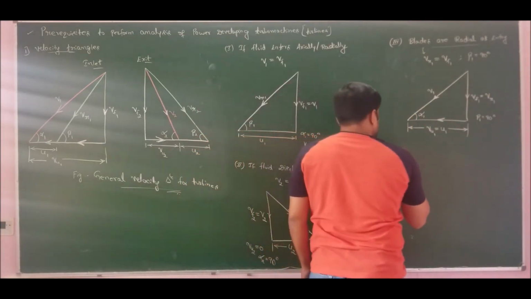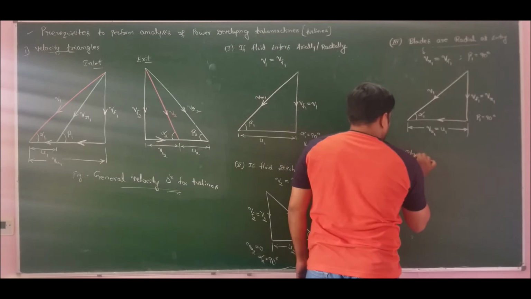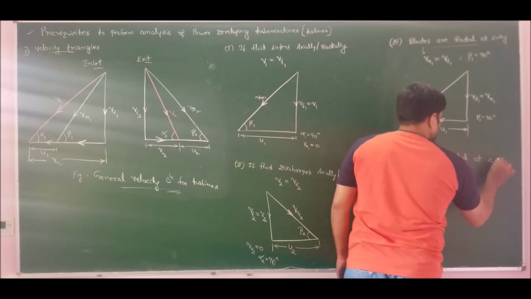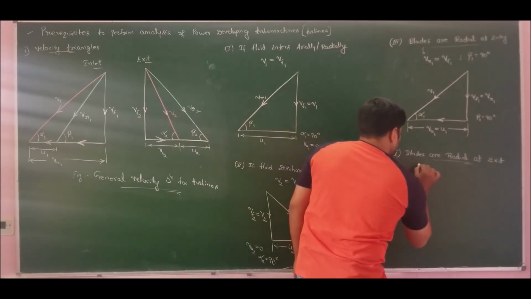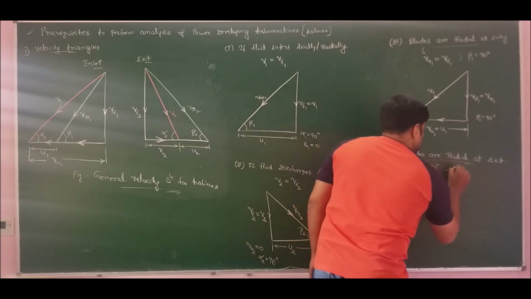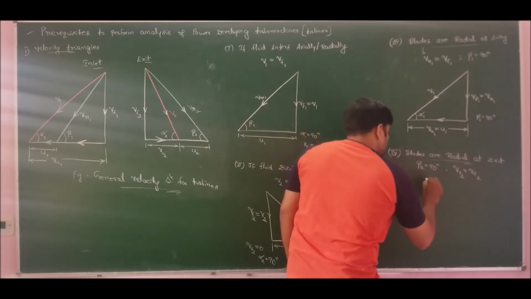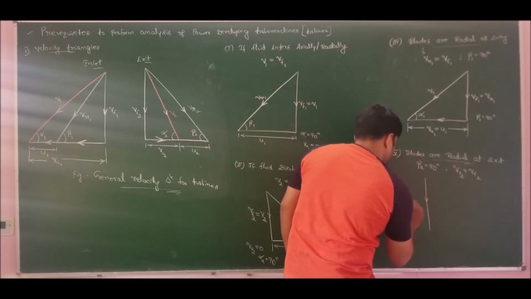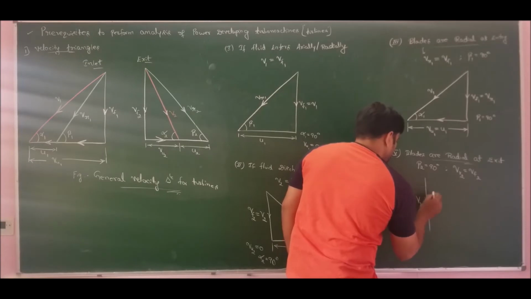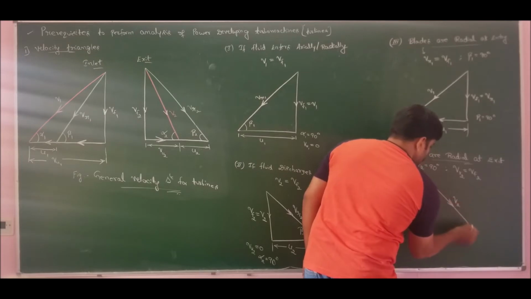Now moving on to case 4, if blades are radial at exit, then the blade angle at exit, that is beta 2, should be equal to 90 degrees, which means that VR2 should be equal to VF2. So the exit velocity triangle will look like this: we have flow velocity VF2 equal to VR2. I have left out only the absolute velocity V2. So join the base.